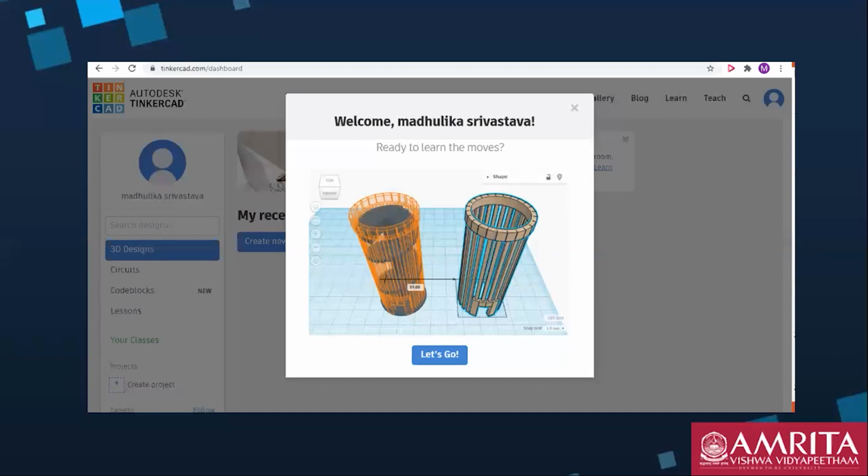No, designing in Tinkercad is not very complex. Once you learn it, it's not. I'm taking very simple software with you. If it were very complex, I would not have introduced this to you, right? So Tinkercad, you will love it. You will love doing the 3D modeling on this.